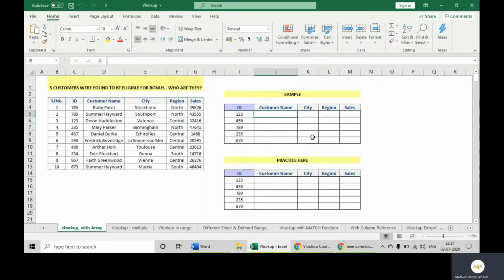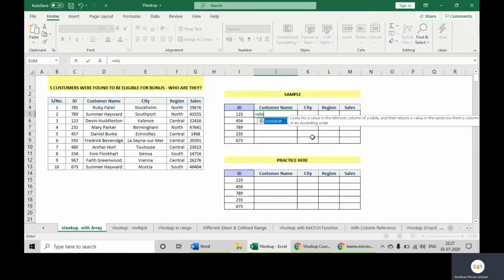To write any function in Excel, we need to write equals, the name of the function, and open bracket.